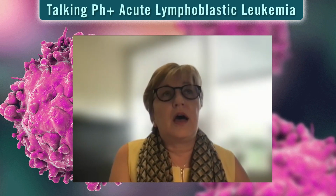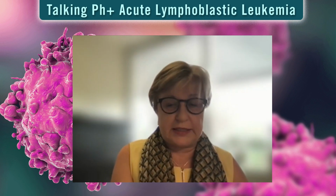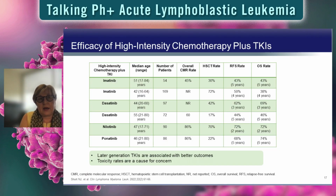So MD Anderson worked very hard on perfecting their hyper-CVAD regimen by incorporating imatinib, dasatinib, and then finally ponatinib. And they published widely and popularized this regimen in this country and pretty much all over the world. So many of us think of hyper-CVAD and TKI as the standard of care for treatment of Ph-positive ALL. As Farhad mentioned, the results of their studies, at least when it comes to hyper-CVAD and dasatinib, have been validated